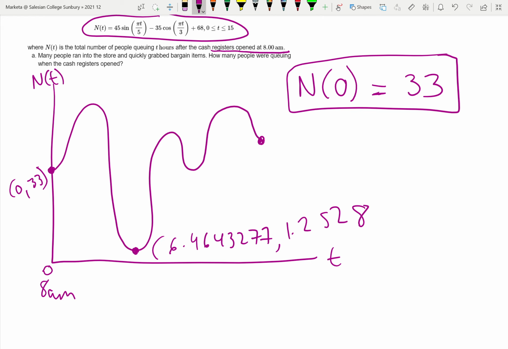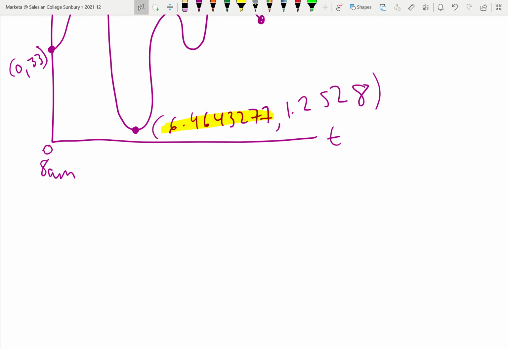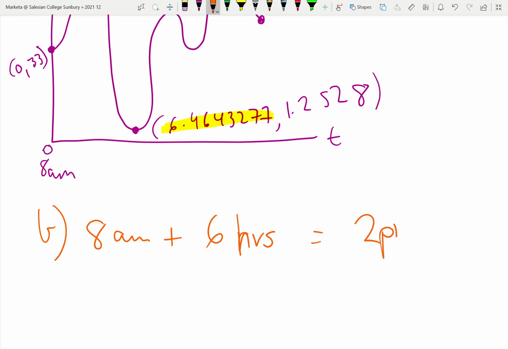So this means that our t value is 6.4643 hours after 8 a.m. So I'm going to find out what that is. And I haven't rounded it at this stage, but look, we will to make it make sense. So 8 a.m. plus 6 hours would be 2 p.m. And then we've got this 2 p.m. and then we've got